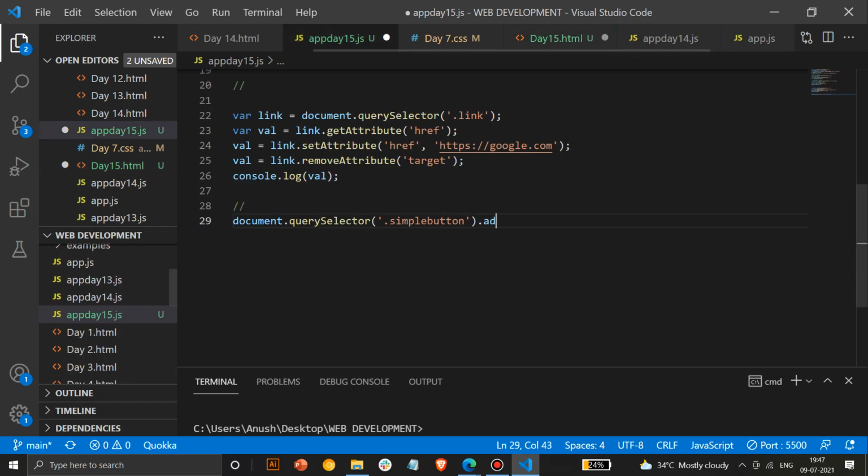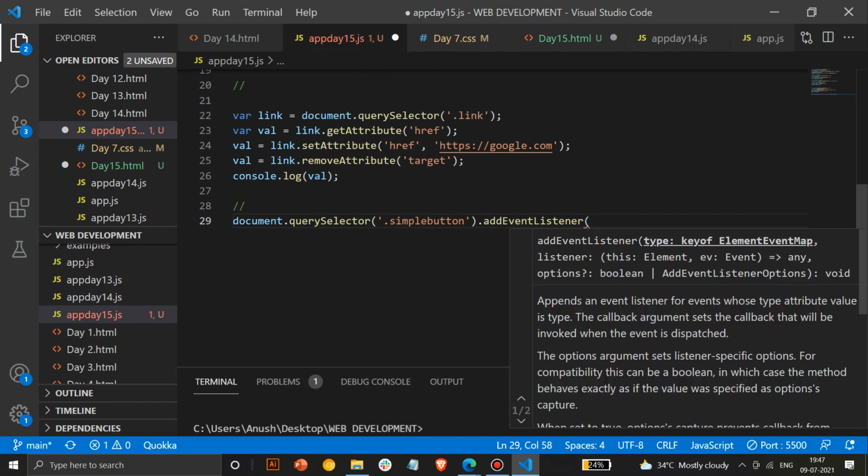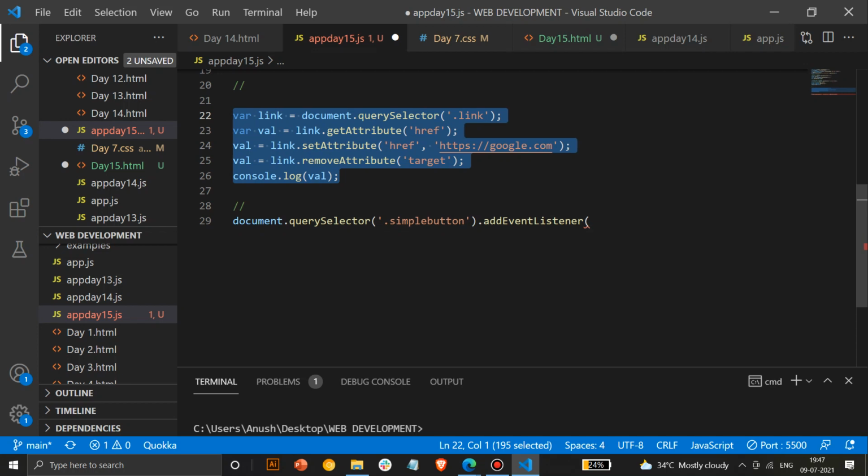If you have to click a button and perform some function, to do such kind of thing, you would require an event listener. In these cases you will always require an event listener. So you normally use add event listener, and you don't have to remember these. Don't worry, you don't have to remember such big codes. As you start writing JS, you will gradually learn and understand this. You don't have to remember these concepts by heart, and there's always documentation present, so you can refer to that.